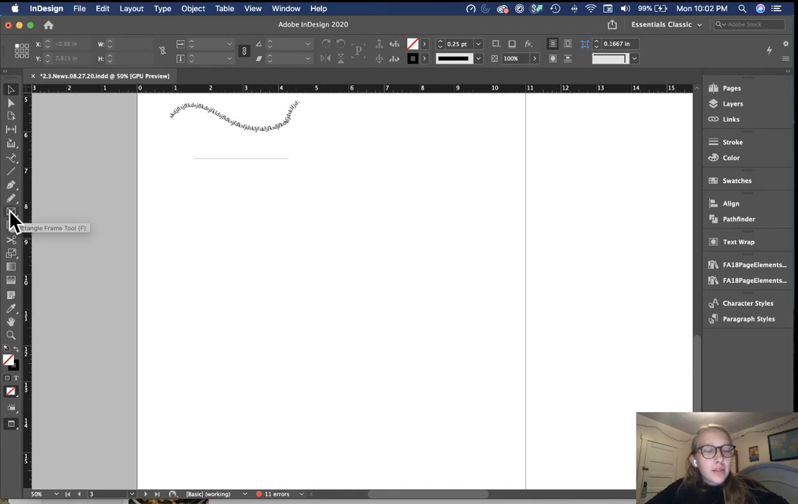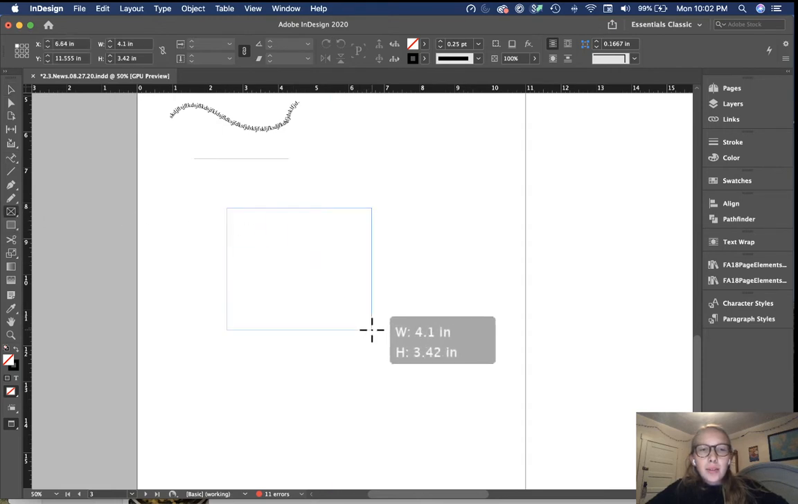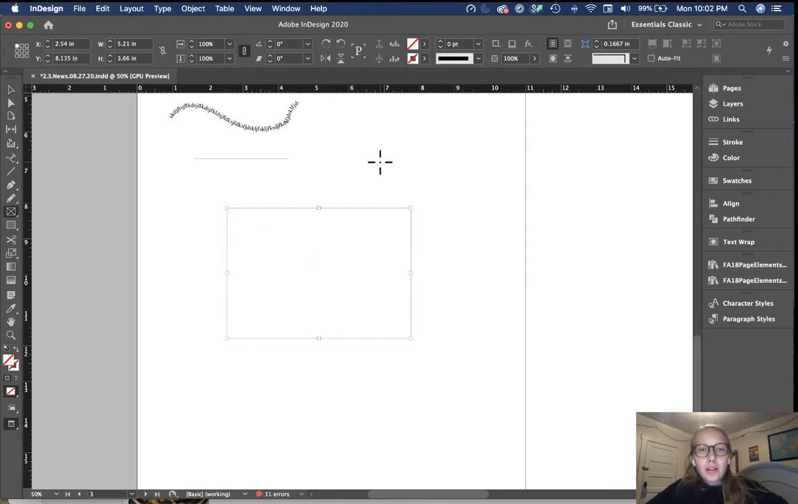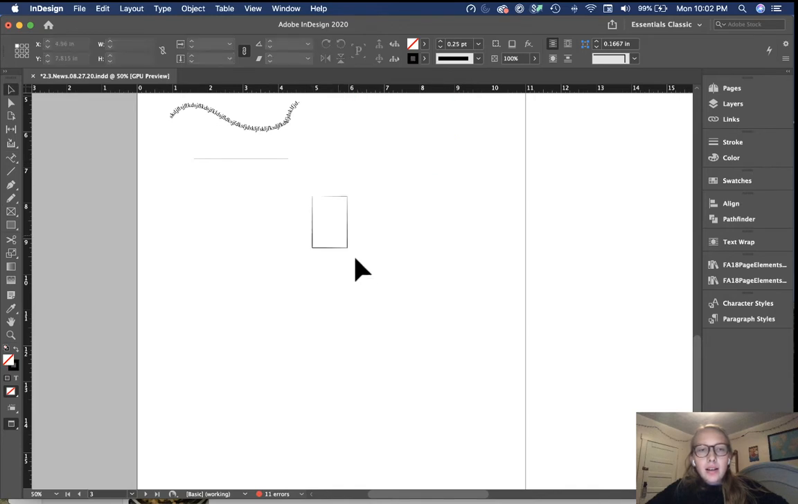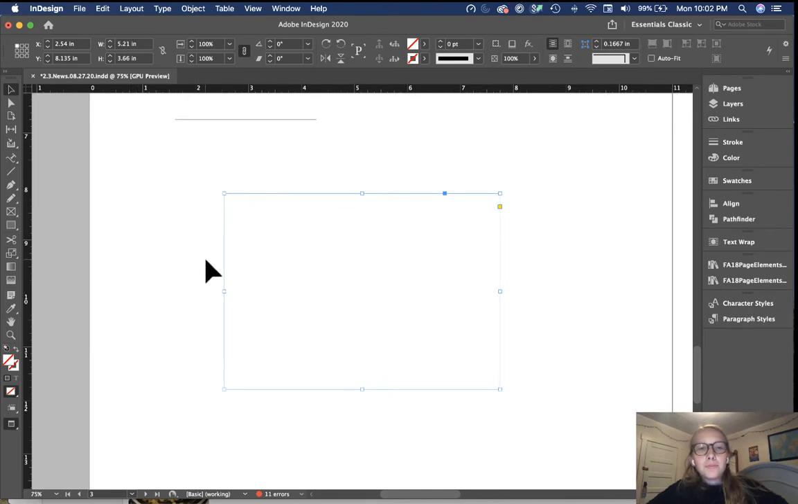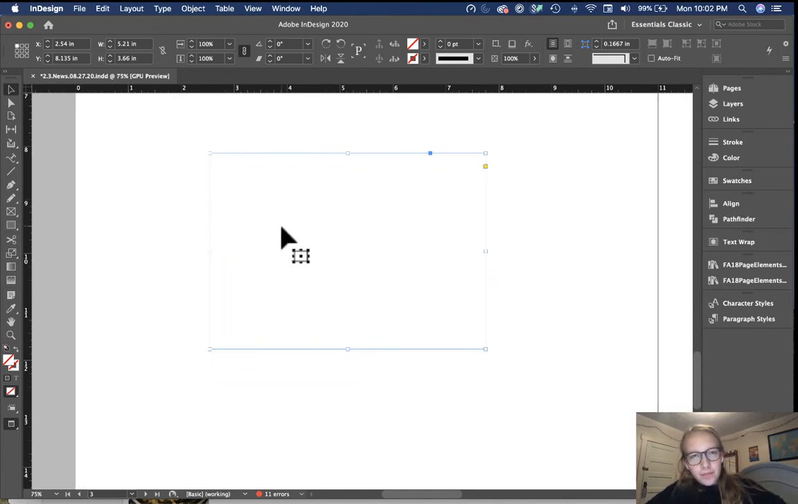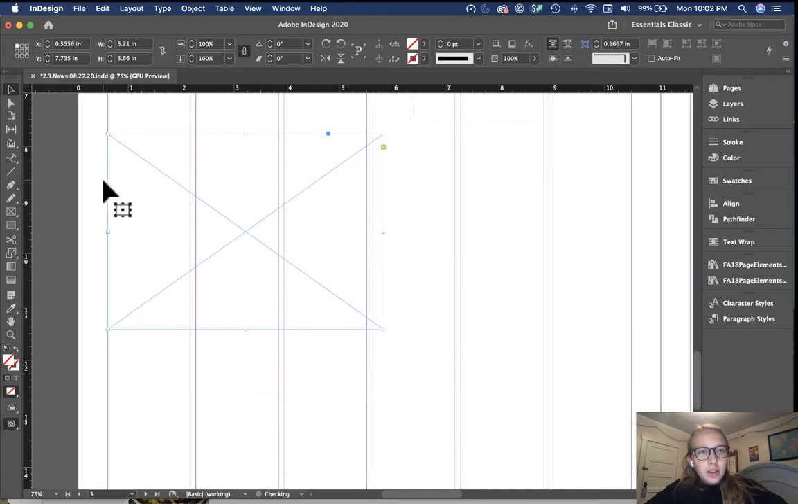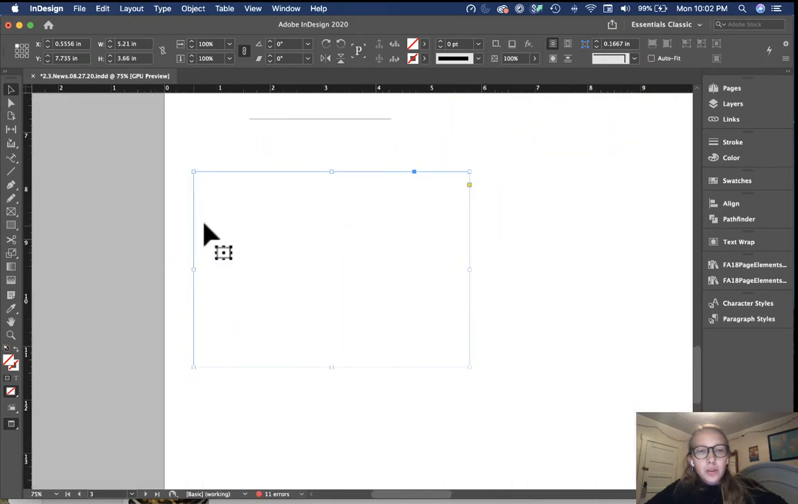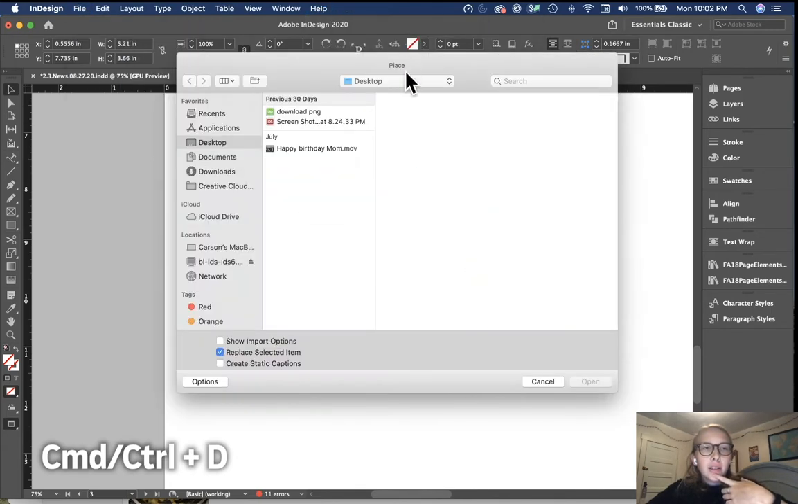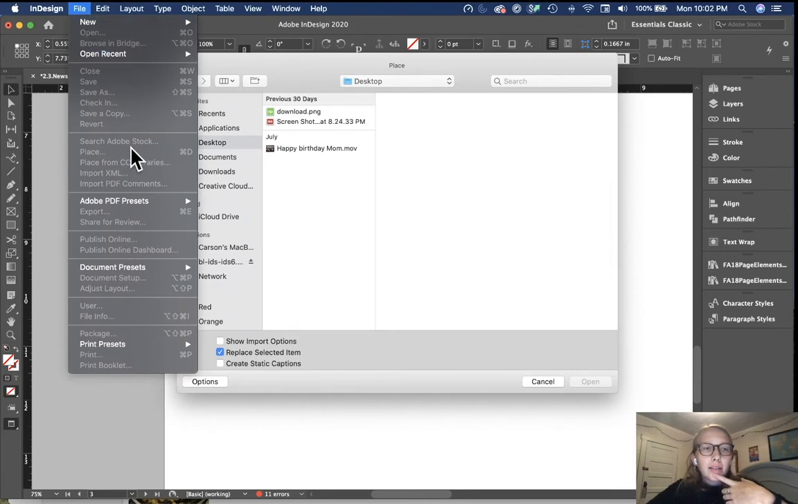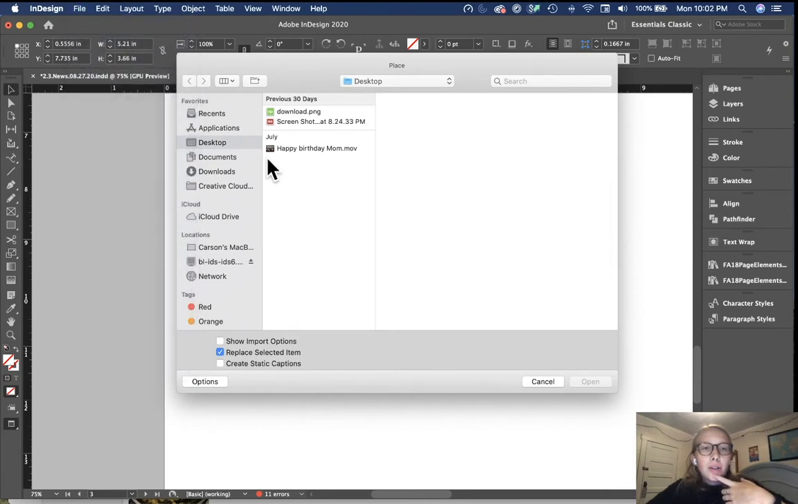This tool is the rectangle frame tool. This is a really important one. A lot of times in InDesign, we will use images, and the way that you get your images in the spread is using this tool. So once you've created a frame where you want your photo to go, you will do Command D, or if you don't want to use shortcuts, you can go to File, and then Place, Command D. So once you get here,